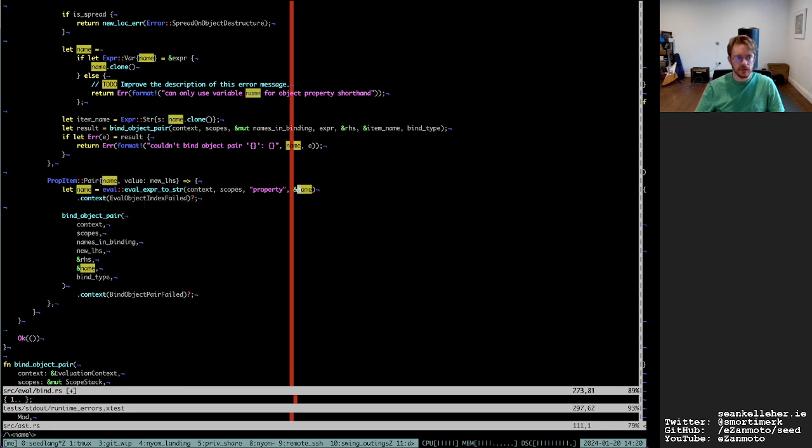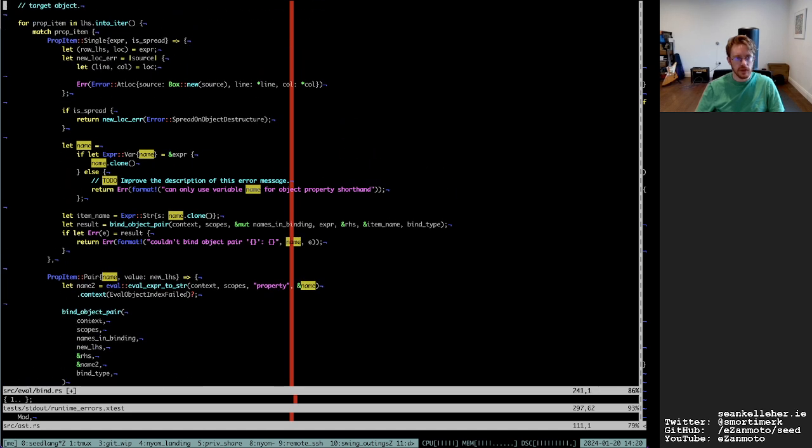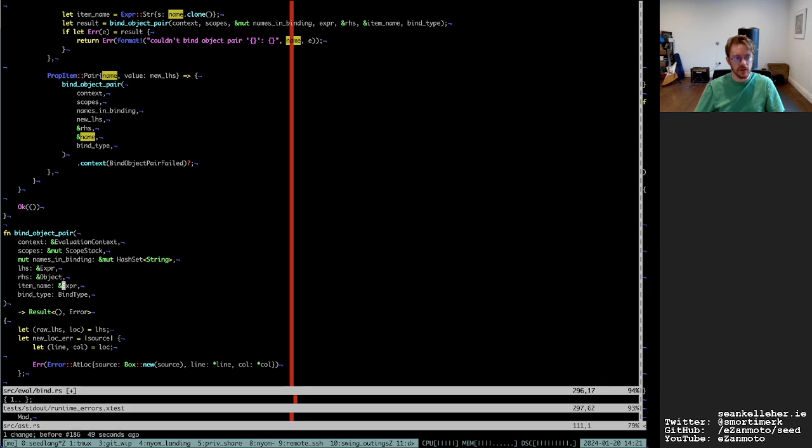I'll just call that name2 for the moment so that I can keep track of it in my head. Though realistically, should I? Yeah, I'll actually hold off on optimizing it until I have the thing working.